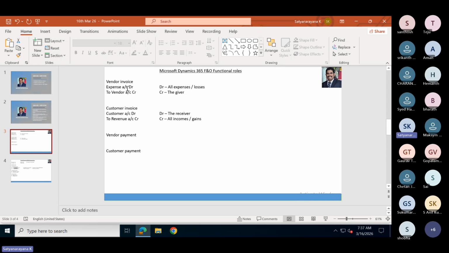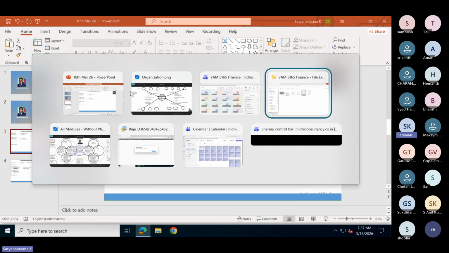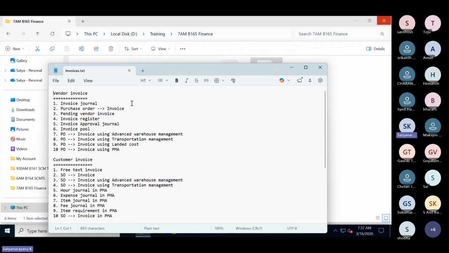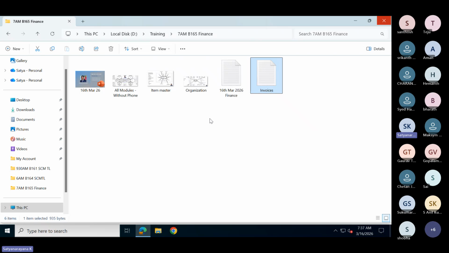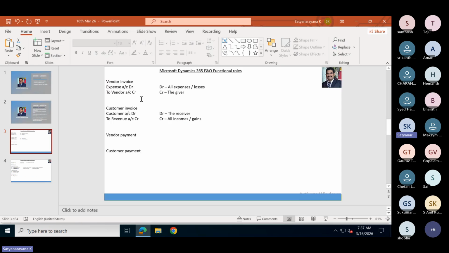So of course, this vendor invoice can be done in 10 different ways. We'll understand this in the system. But at the time of vendor invoice, what is debit and what is credit, you should know. There are so many people surviving as finance consultants without having that knowledge. But I'm making